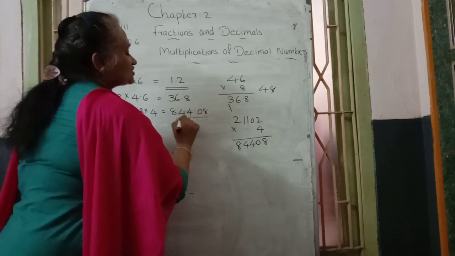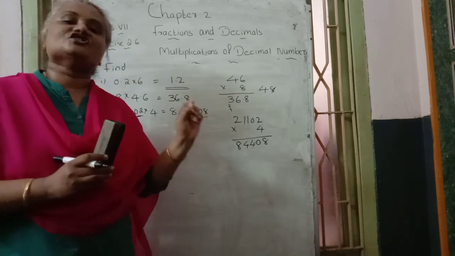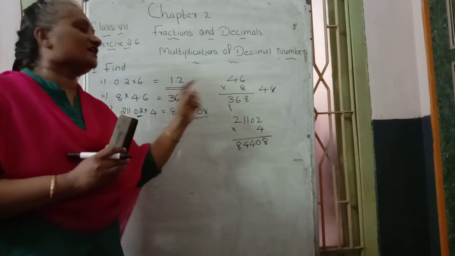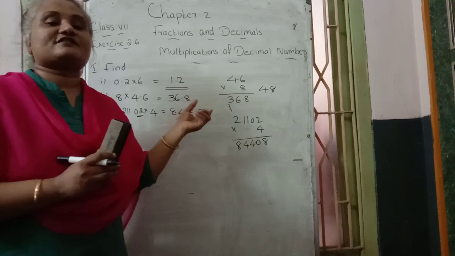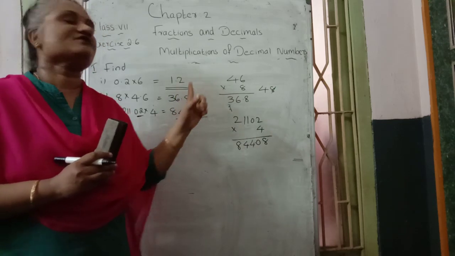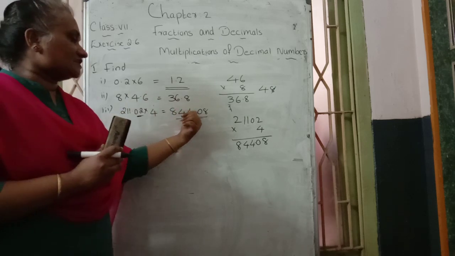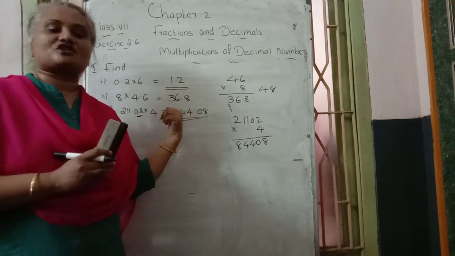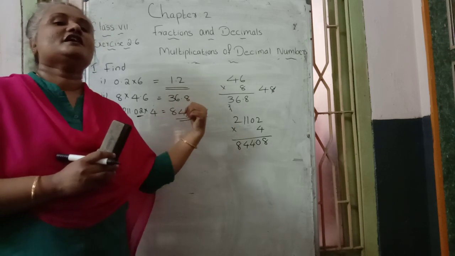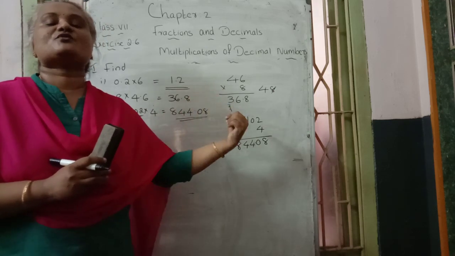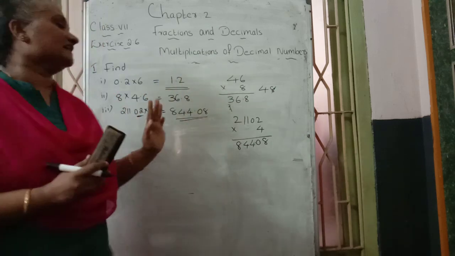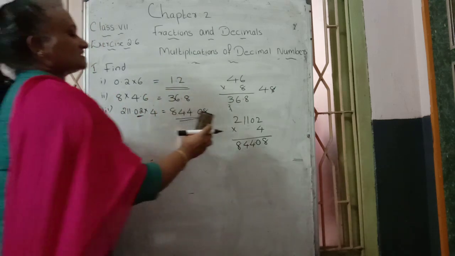After the decimal point we read the digits by number names only: 0, 8, not eight and seven means eight. It is not read like that; we read only the number names. Before the decimal point, the whole number part, we read as 844. After the decimal point we read just the number names, 0 and 8. So this is our answer.